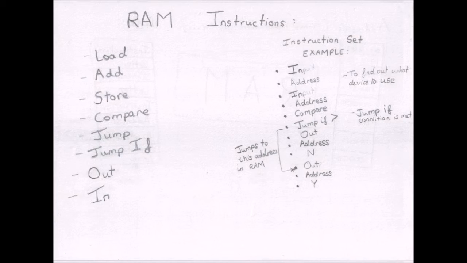If the first number is greater than the second number, the jump if instruction will jump to an out instruction, followed by an address and the letter Y, which will output the letter Y to the output device. If not, the RAM will ignore the jump if instruction and output N to the same output device as before. This is why the random access memory is useful, because the jump if instruction can be used to jump to a random